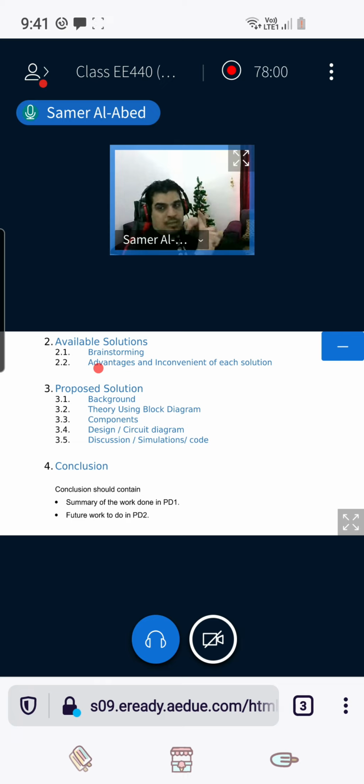Without towers, without a SIM card, without paying money, I cannot use a mobile phone system. In LoRa, you don't need to pay money, you don't need a SIM card, you don't need towers and so on. So it's cheap. This is what you need to do with respect to brainstorming and advantages and disadvantages.